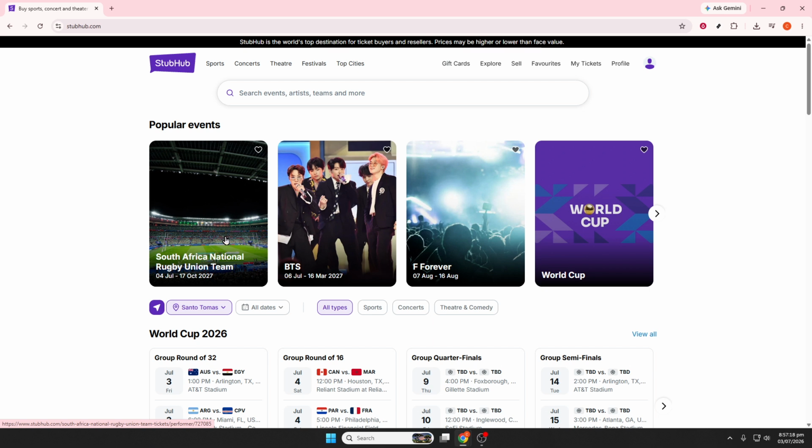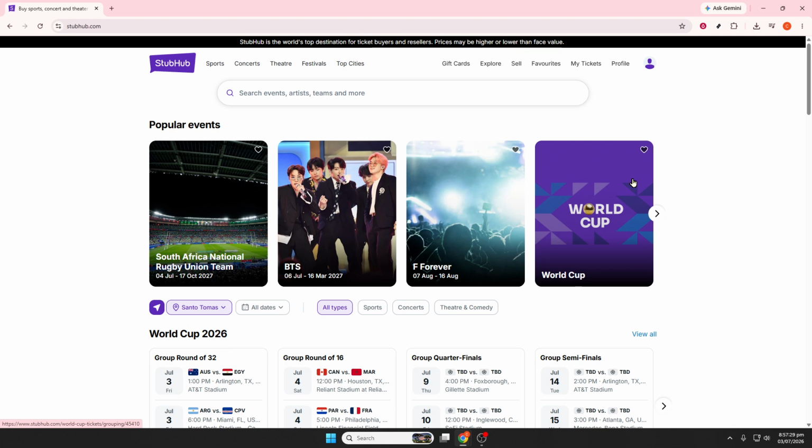So if your tickets were delivered through a service like Ticketmaster or AXS, that's the app or website you'll need to open first. Start by going to the app or website where the tickets were actually delivered. Once you're there, sign in using the same account that originally received those tickets. This part is important because if you log into a different account, you may not see the event or the